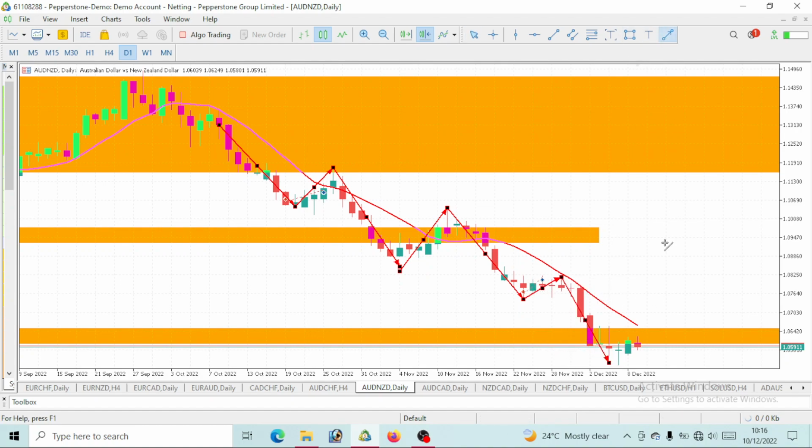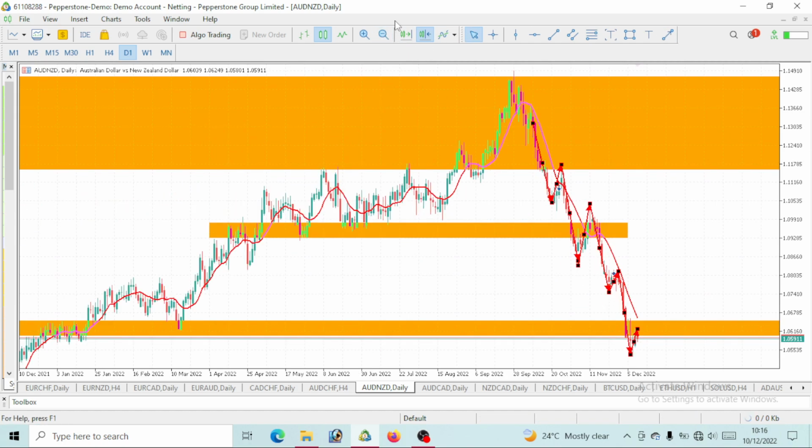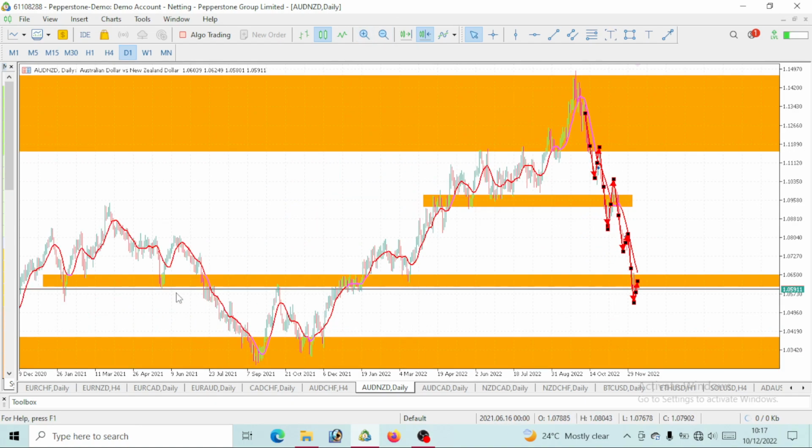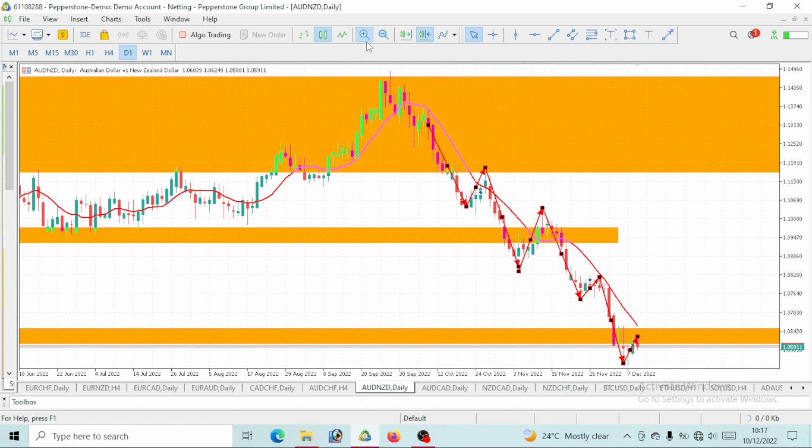So currently we can take this as a pullback, right? We know that once price has reacted to a level previously and price gets to that level, we expect price to react to that level again. So we saw that this price has reacted to this level multiple times previously. We saw a reaction here, a reaction here, and a reaction here. So we saw price now come to this same level, even broke below this level.